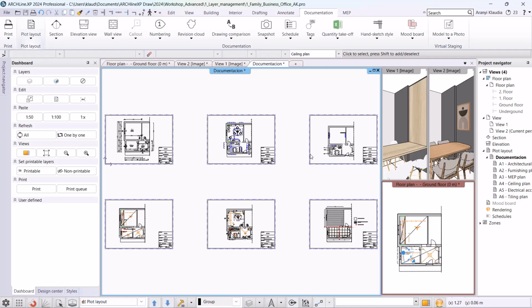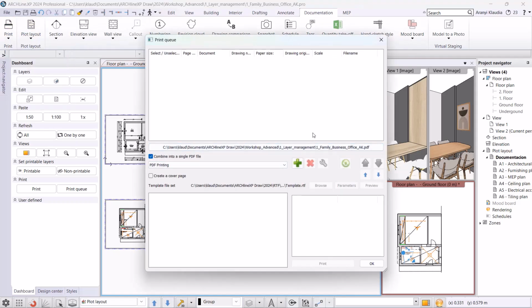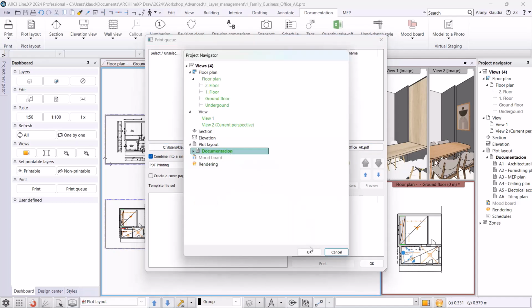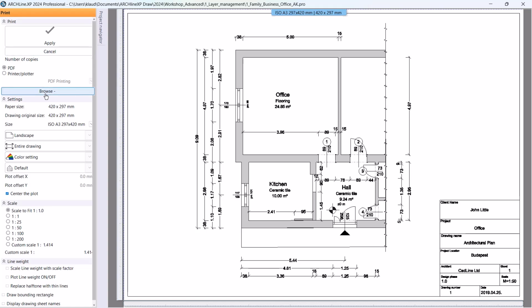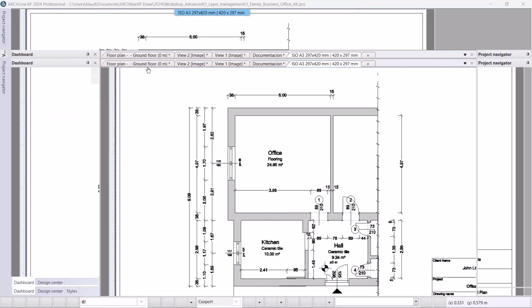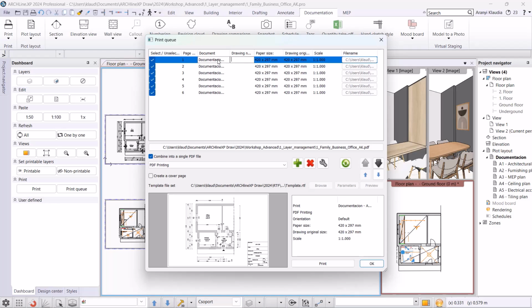Finally, I create a merged PDF using the documentation print queue command. By clicking on the plus button, I can insert pages in the print queue. This will be the plan documents print sheet I created. So that's what I'm going to insert here. In this case, we need to set the properties of one of the plan sheets. I set the size to A3, choose landscape format, set the aspect ratio to 1:1 and center the plot. I click on the Apply button and the program will automatically set the other plan sheets based on these settings